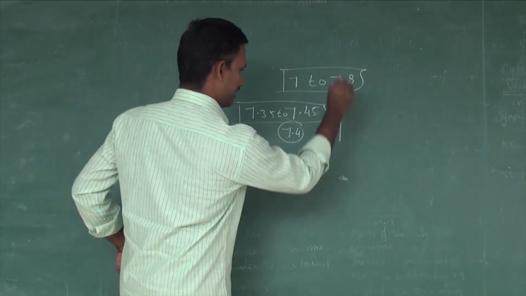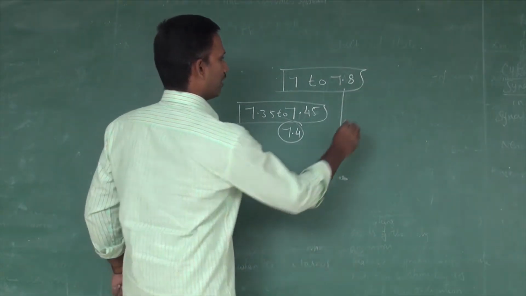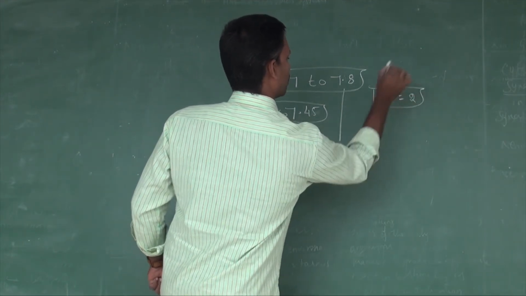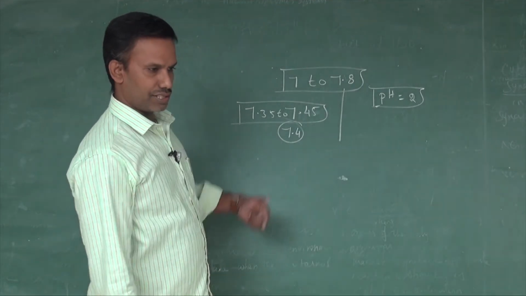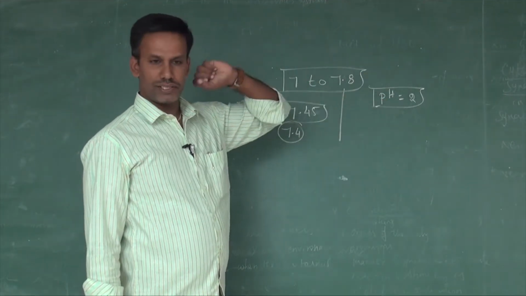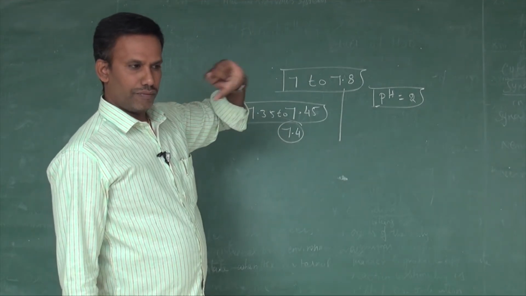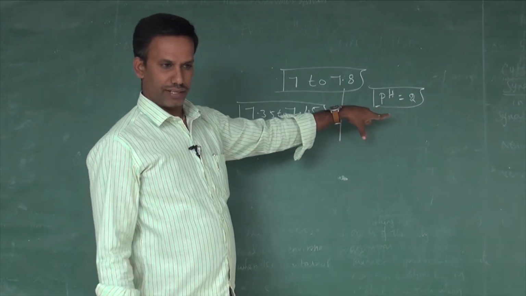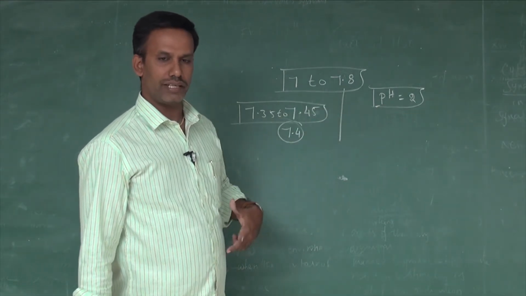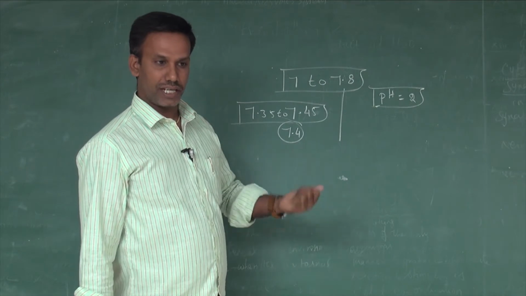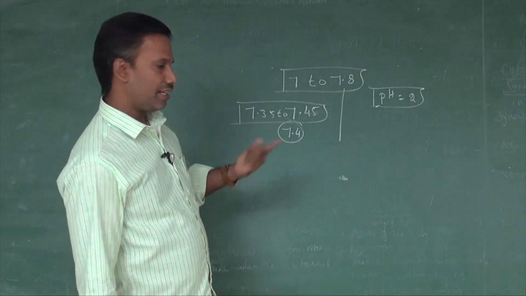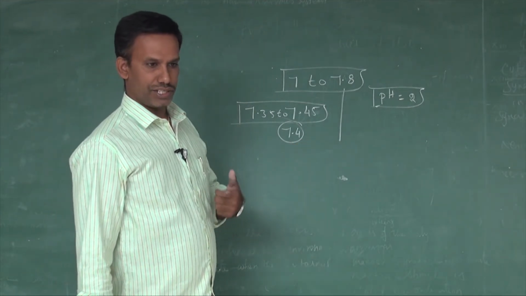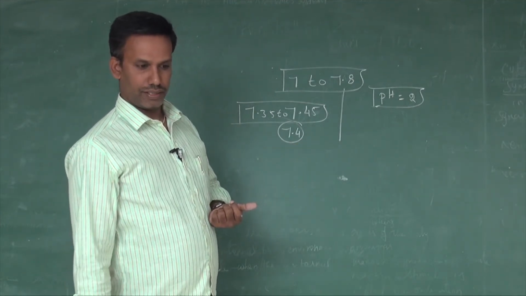Likewise, in the digestive system, the stomach fluid has a pH equal to 2. The fluid which is secreted inside the stomach has a pH equal to 2. If it is normal, no problem. When an excess of stomach fluid is secreted, the acidic nature of the stomach increases, the concentration of H plus ion increases, it creates some irritation, and it leads to ulcers and all. This is a stomach problem.